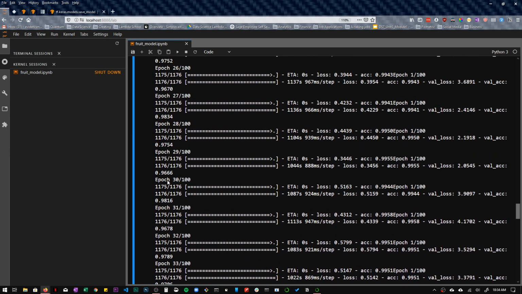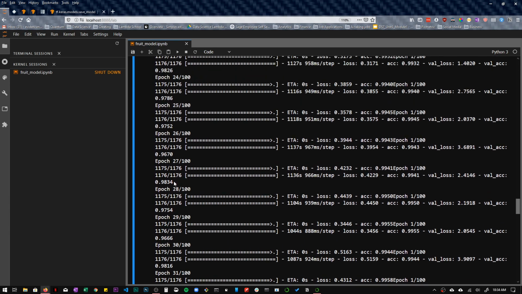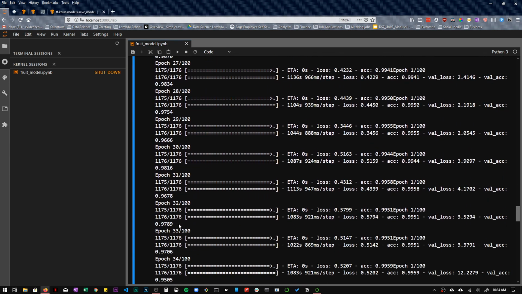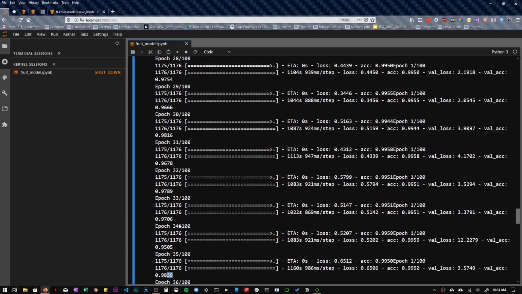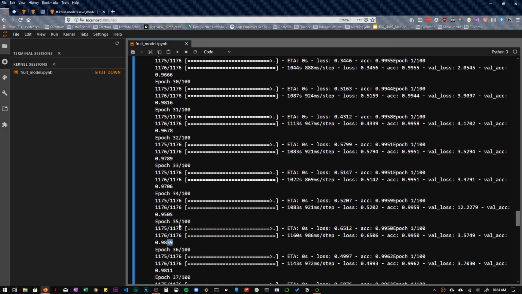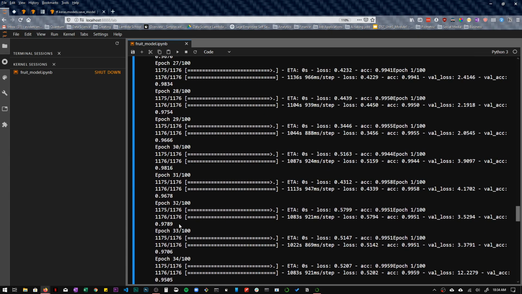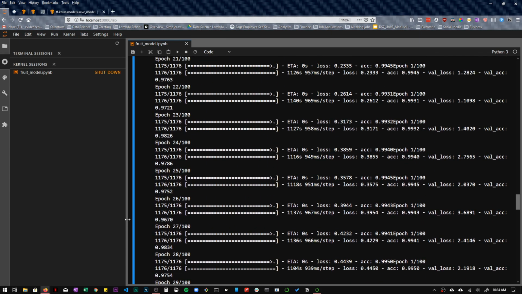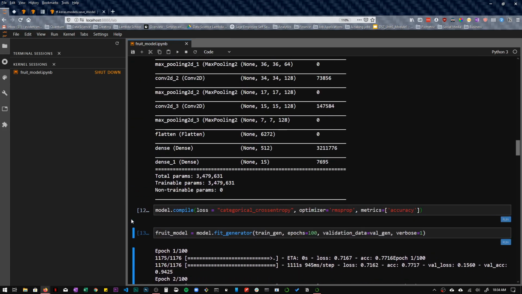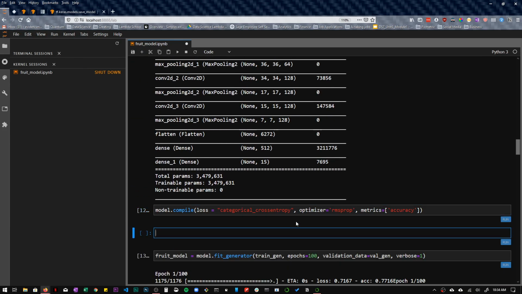One thing I'm going to do right now, and one thing about this is that this training is not saved. So basically, next time I want to use this model, I have to train it again, and I do not want to do that. So right now I'm going to do two things.